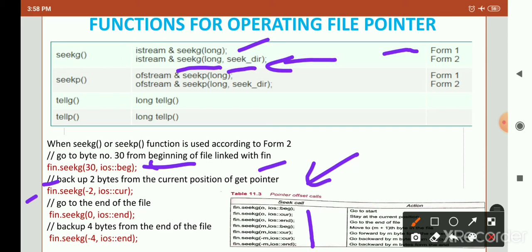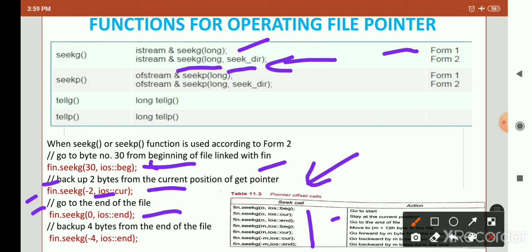Whatever the current position is, it will go 2 bytes backward from it. And if you mention fin.seekg(0, ios::end), it goes to the end of the file. So directly it goes to the end of the file, and ios::cur means the current position, stay at the current position.